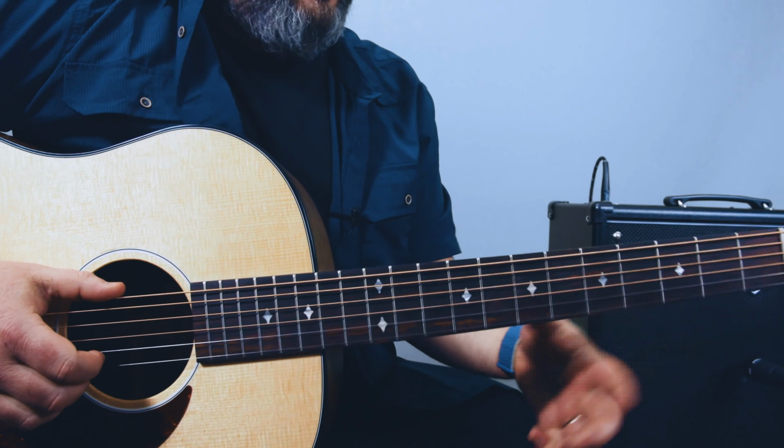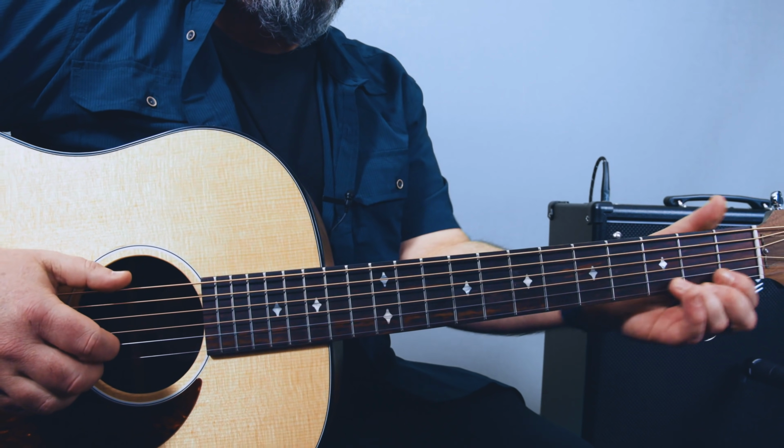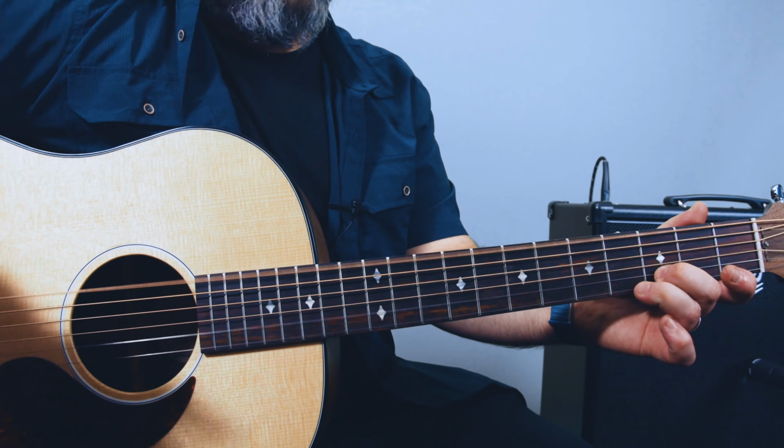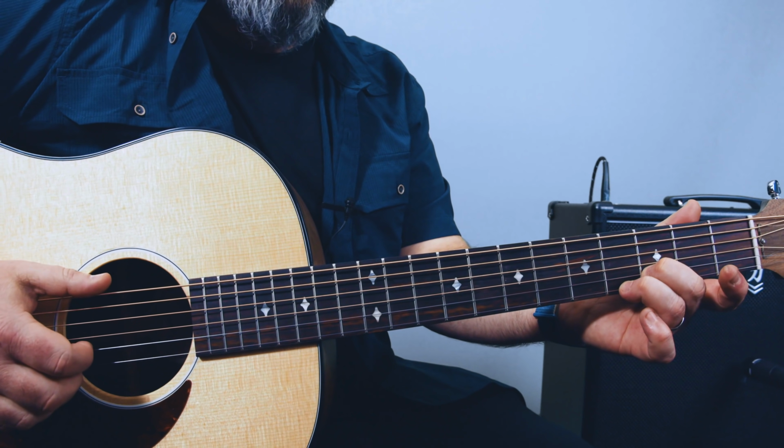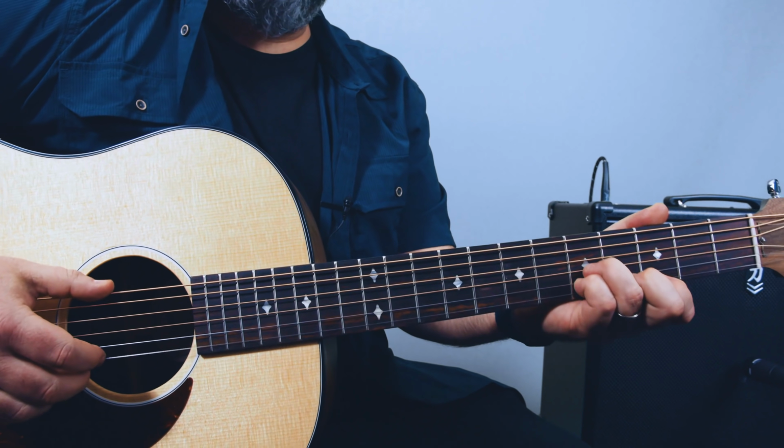And then we have, because of the tuning, we got to get to a D chord here. And it has to be 3rd fret B and 4th fret high E because it's been tuned down a whole step. So